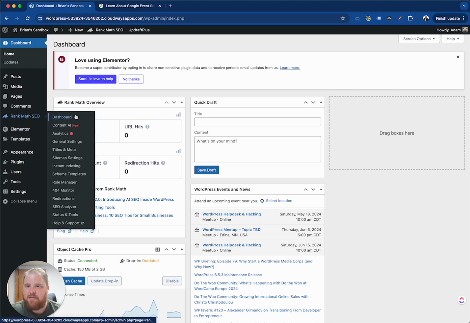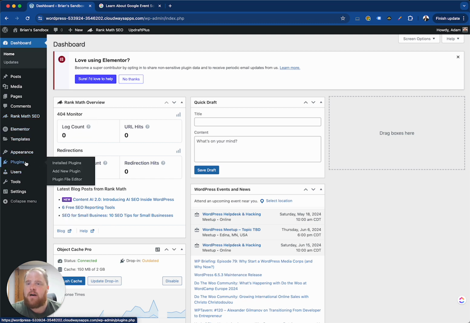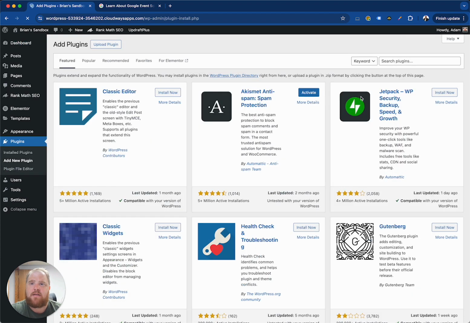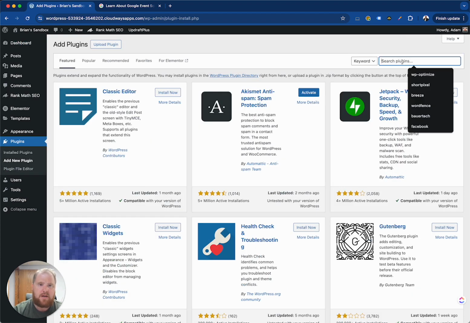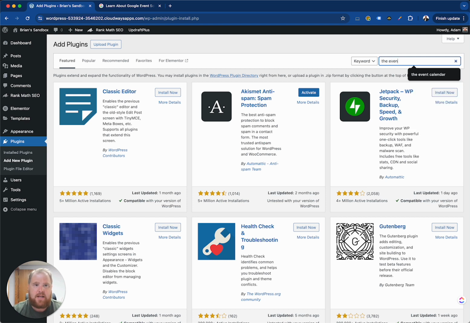We have the Rank Math plugin already installed. At Marketing Clerics, we are agency business partners with Rank Math, so if you are a customer of ours, you will always get the Rank Math plugin with your WordPress website. So we are going to look for our events